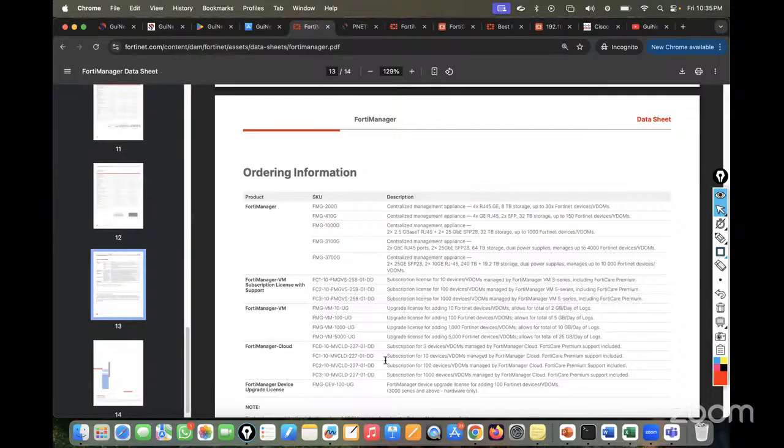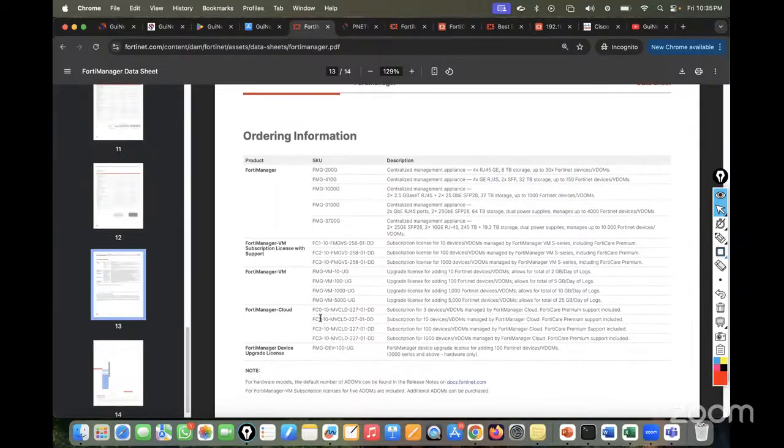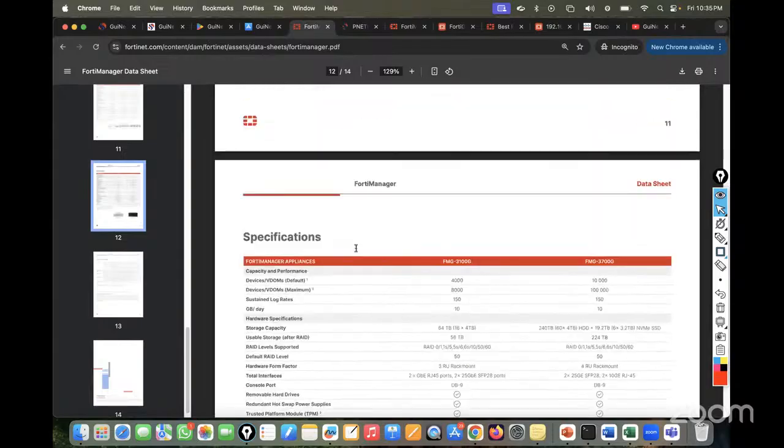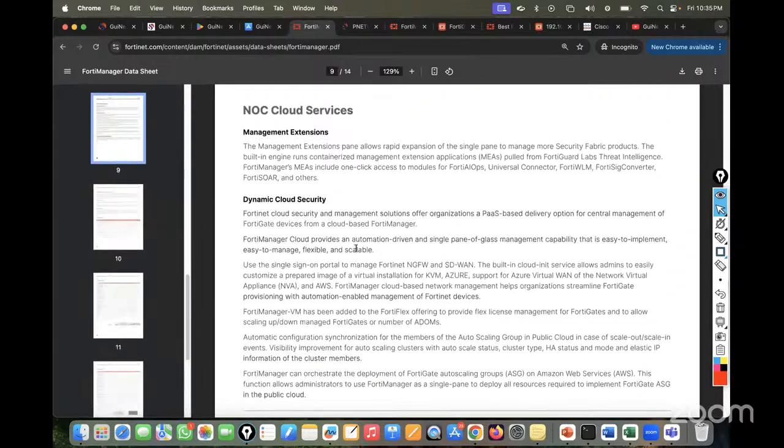You just have to understand which is going to be the right fit for you and where you want to put your FortiManager. If it's based on the cloud, then you have to talk about the cloud features and the number of users. If you want the VM in your own infra, then you have to talk about how many devices you have. If you want the VM license subscription base, then you have to talk about that. So everything is there. You just have to read the data sheets, and then accordingly we start